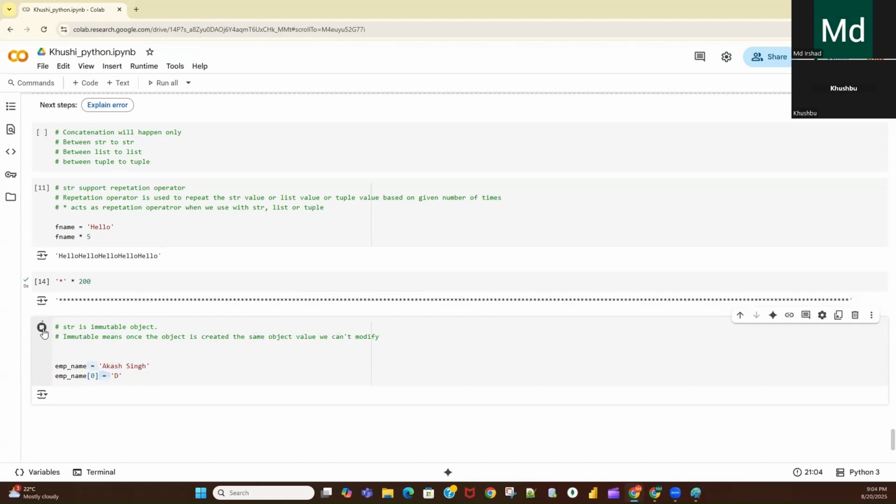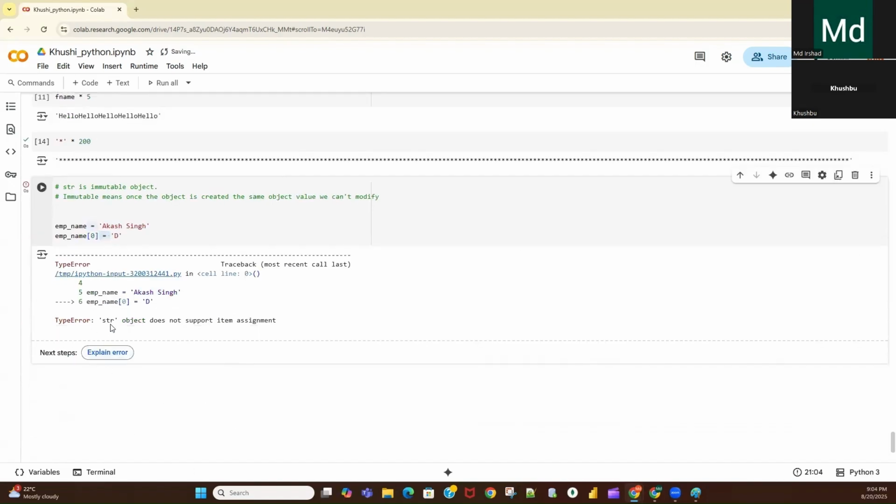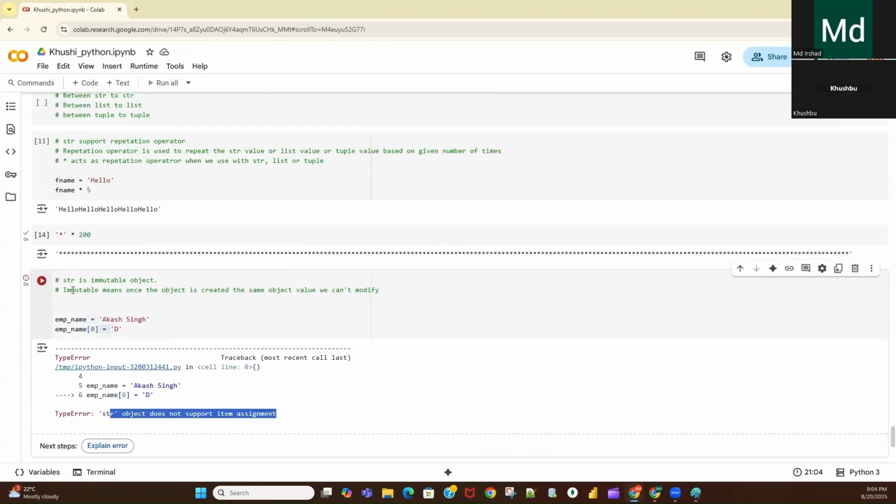If I execute this code, it is throwing me the error: string does not support item assignment. Why? Because string is an immutable object. Once you define this object, this value will be fixed in the memory. You cannot change this value. You cannot modify this value.